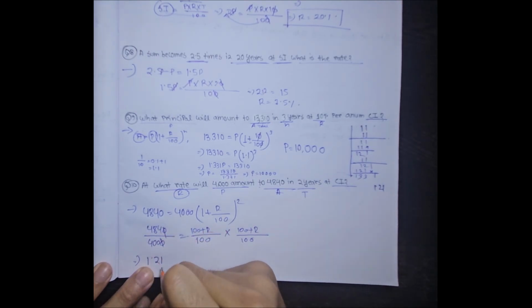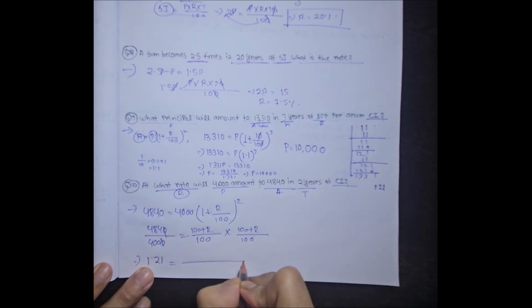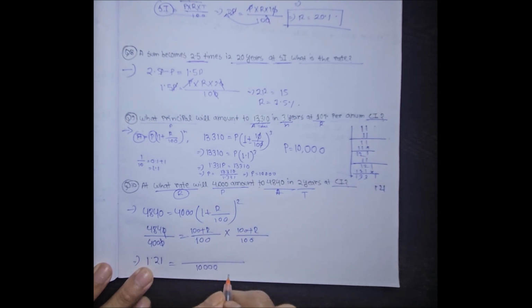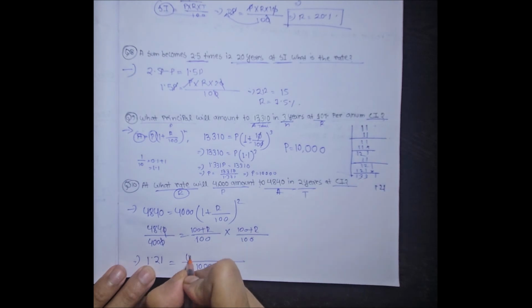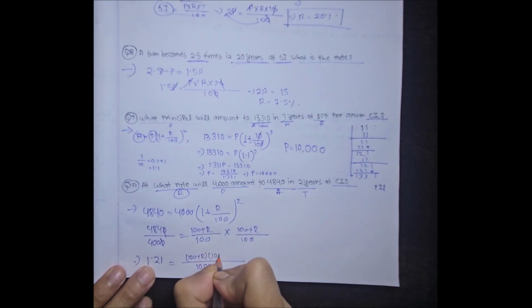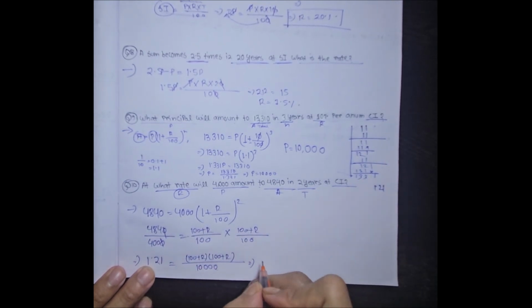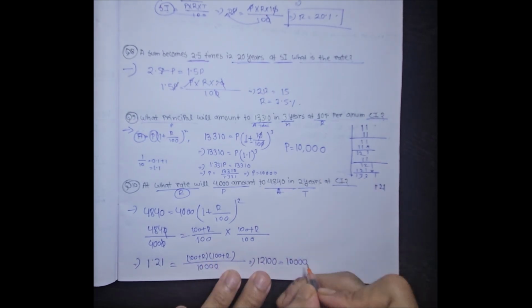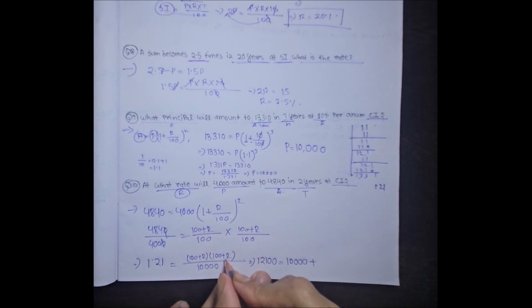So I wrote 1.21 equals 100 plus r times 100 plus r over 10,000. It comes to 1.21 times 10,000, which is 12,100, equals 10,000 plus 100r